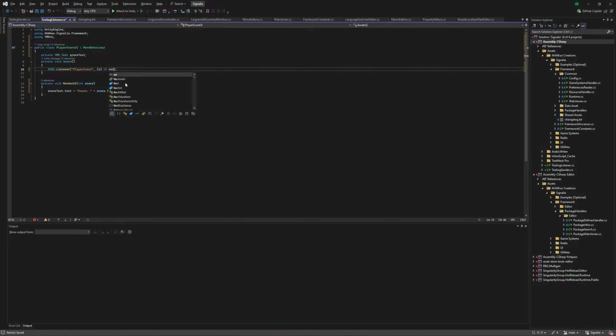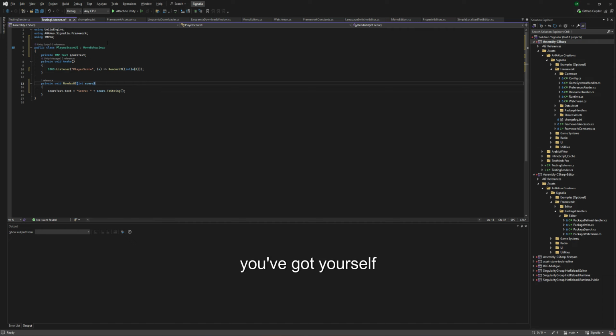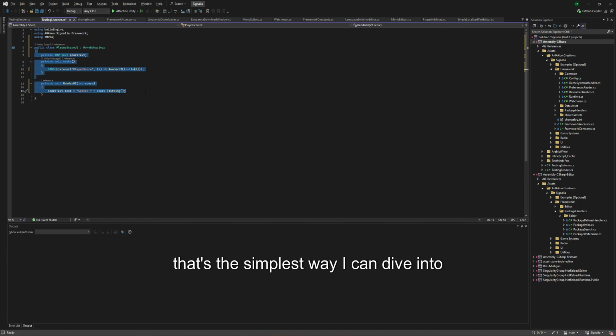Do the lambda operation again. Render UI. And then just s0 int as int, or from the other way. Actually, it only works this way in this instance. And there you go. And you've got yourself a cleaner system, cleaner code that updates score without really needing to connect or force dependence on a lot of other scripts. That's basically it. So that's the simplest way I can dive into the simple radio and